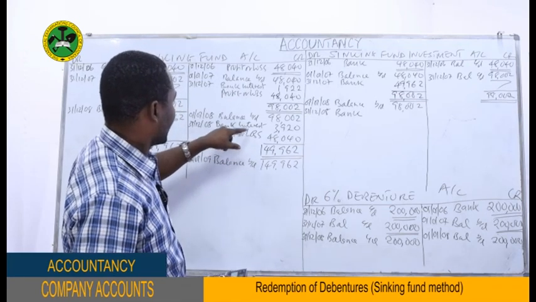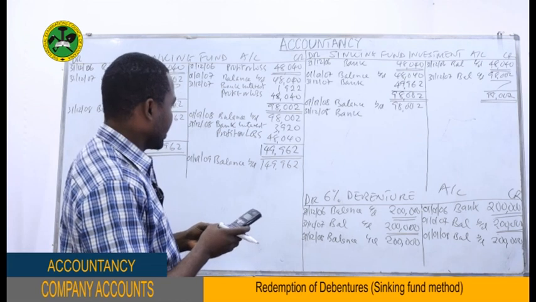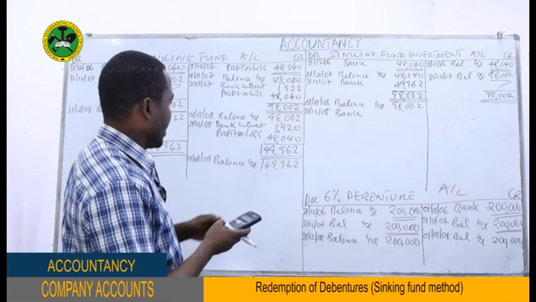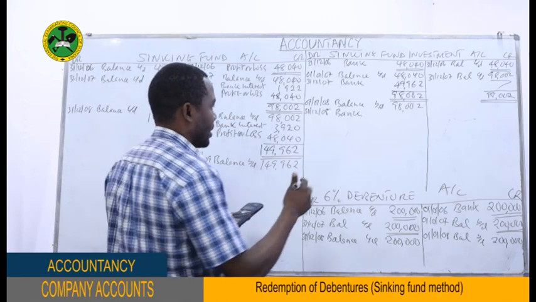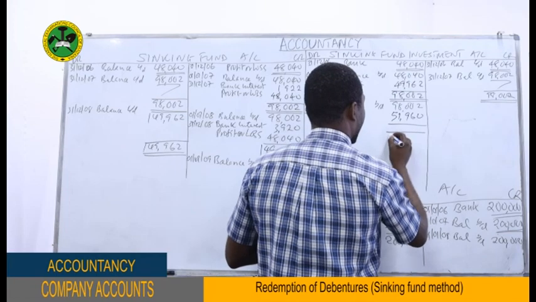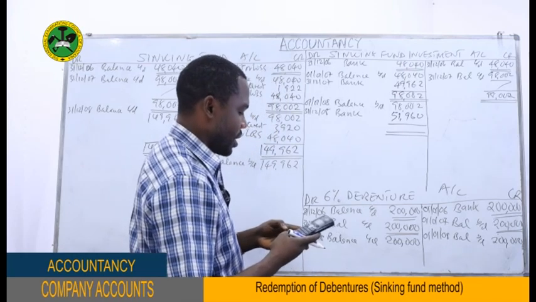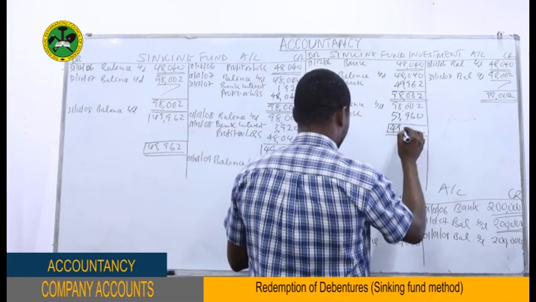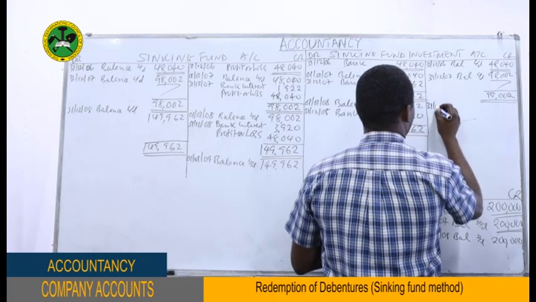Yes, we invest this amount plus this one. So 3,920 plus 48,040. Okay, this is going to be invested. Yes. We get how much? It is 51,960. So if you add, you get how much? Add with 98,002. Yes, we get 149,962. That will be the balance on 31st December